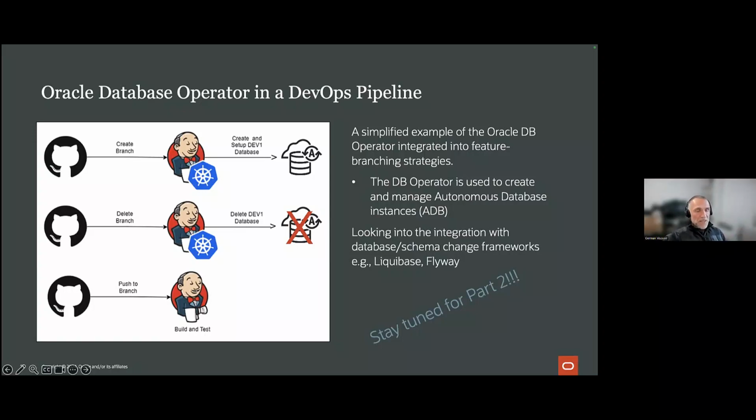Test it out, you can see if it works correctly, etc. And then when you merge that branch and you say, okay, this is working great, I want to merge it into the main branch, the database will be destroyed for you, and everything will be done automatically. You don't have to deal with the database at all, right? It's all part of the CI/CD processes that you're running within Jenkins, right?